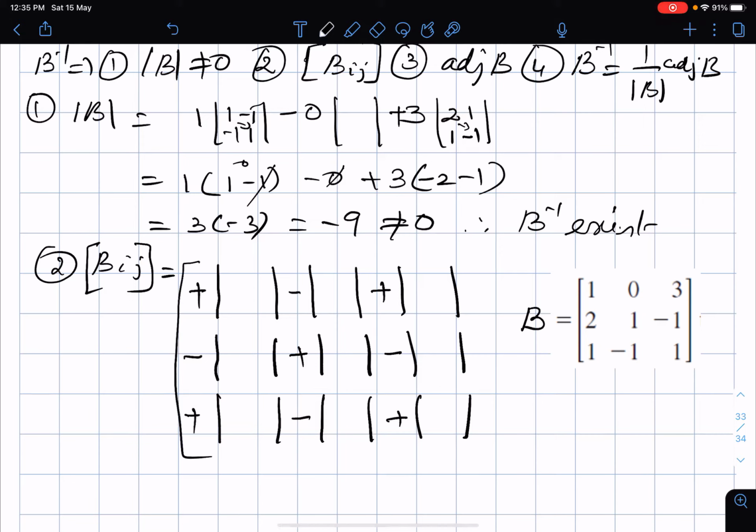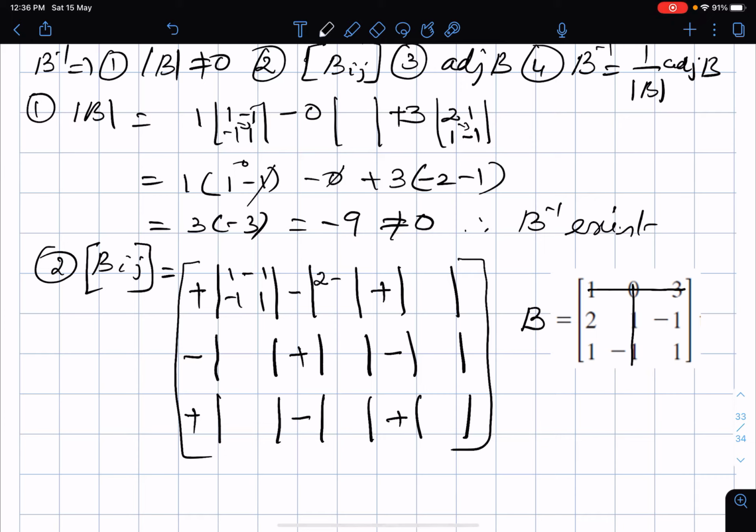This is going to be our Bij. Now we can start with our first row. First row, first element, so eliminate the first row and the first column and you get your minor, or you can directly write the minor from the determinant of B. Okay, first one. And for the second one, you haven't written, isn't it? So here you are going to write for the second one also. It's going to be 0, but still we have to write the minor because it's 3 cross 3 and 9 minors you have got. Okay, even if it is 0, we will mention the minor.